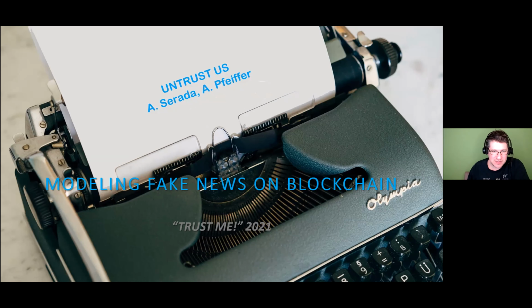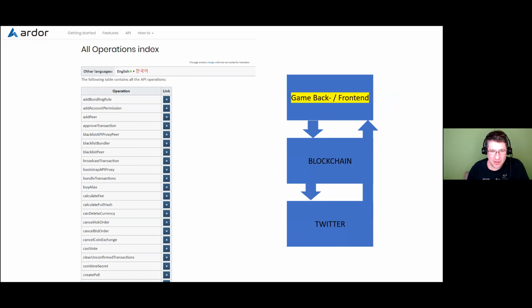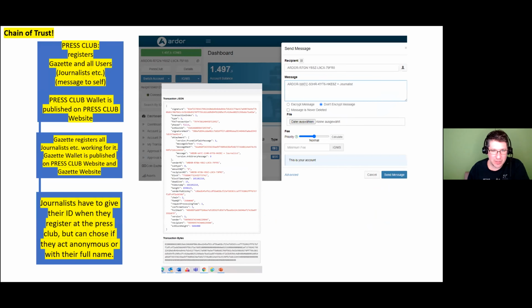And then we wanted to design a game where we, on the one hand, create this chain of trust between the editors and journalists of a newspaper, and on the other hand, create a game where, although there is a chain of trust, and although we store the information on blockchain, and although we use digital identities, we gave the people